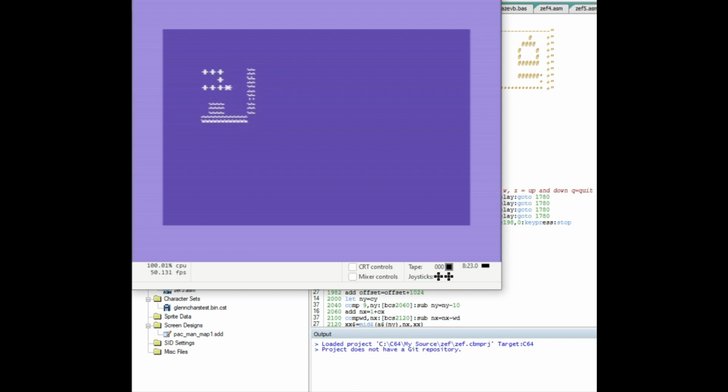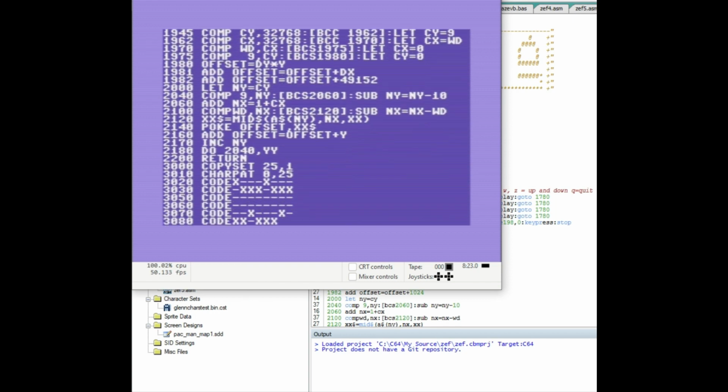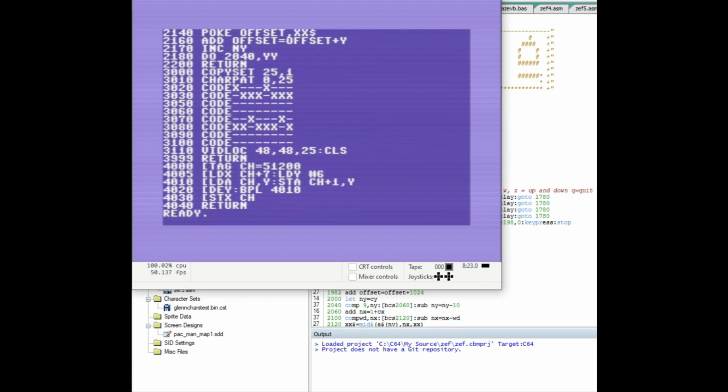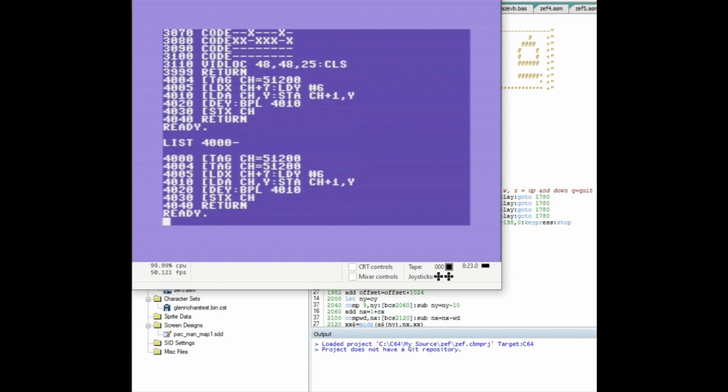It's moving way too fast. We have to slow that down. What I thought I would do is set a variable that would only execute this code at 4000, you know, every so often. So maybe put this at 4004. And then at 4000, I'll have a variable like a delay or a